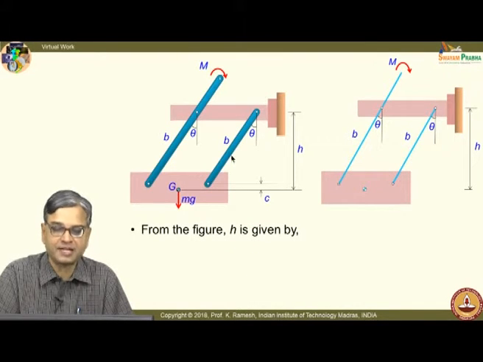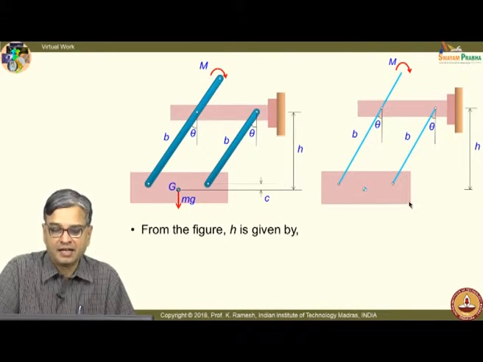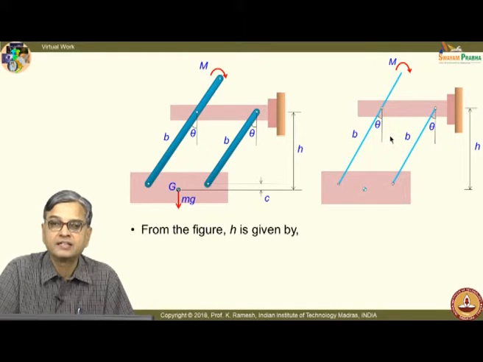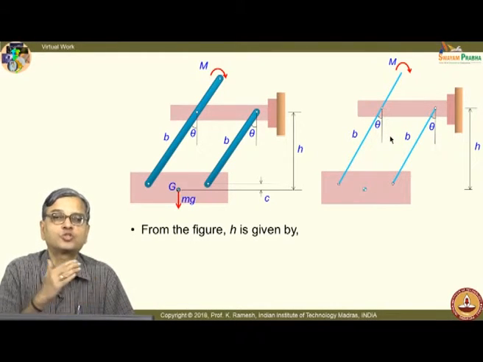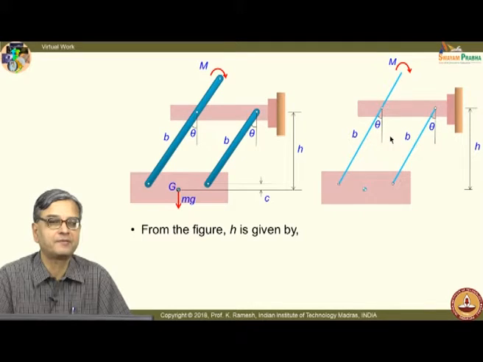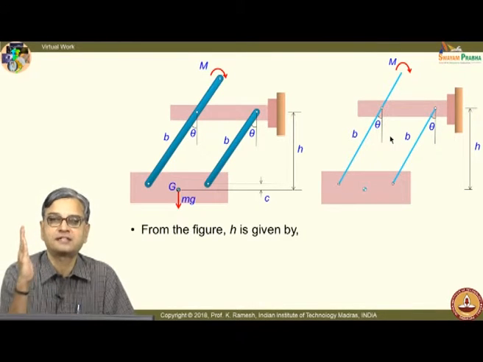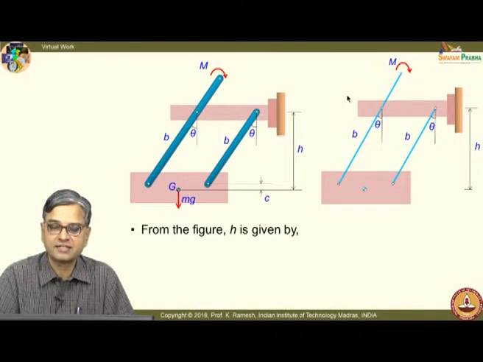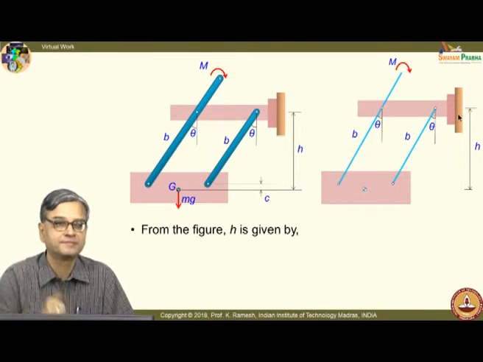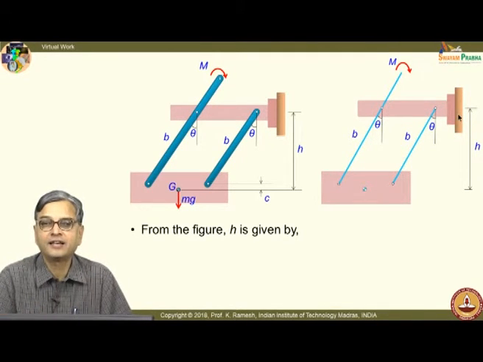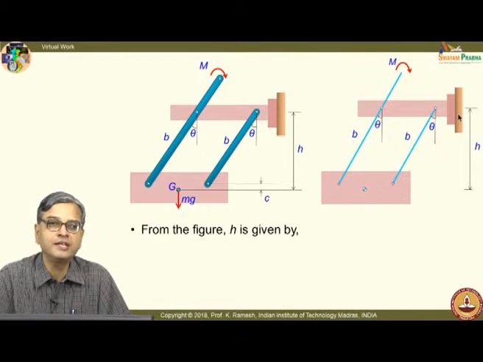So, I have the system like this, and for simplification you can simply represent the link by a line like this and recognize that these are all pin joints. That is how the system was shown to be functional in the previous class. We saw the system where whatever you see as the horizontal bar was vertical, and you had literally used a similar problem to see positions of equilibrium.